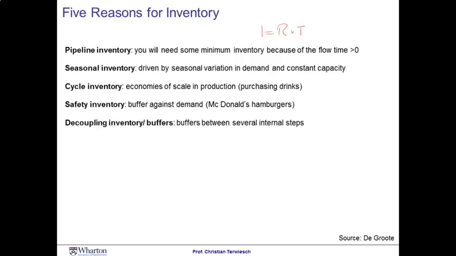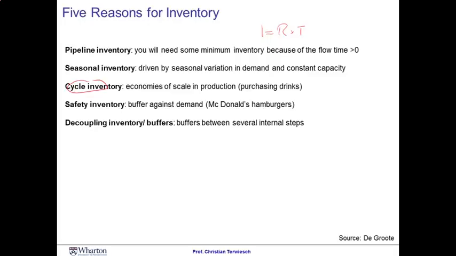The third reason for inventory is called cycle inventory. Oftentimes, as we already saw in the McDonald's examples, there are economies of scale in the production or purchasing. Just think about how in your household you're purchasing beer, wine, milk, orange juice, or whatever your favorite beverage is. You might be drinking a bottle of beer a day. However, it's unlikely that you're going to run to the beer store for every individual bottle. You're buying a case, and then the other bottles sit there in inventory.